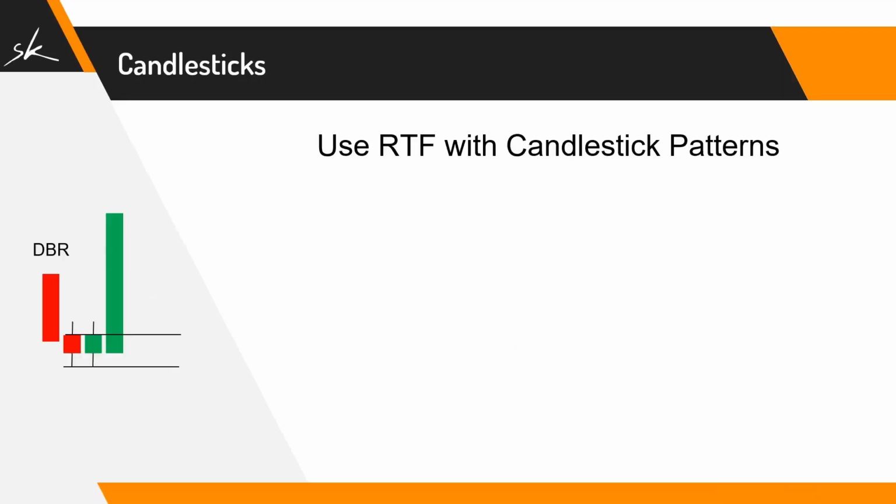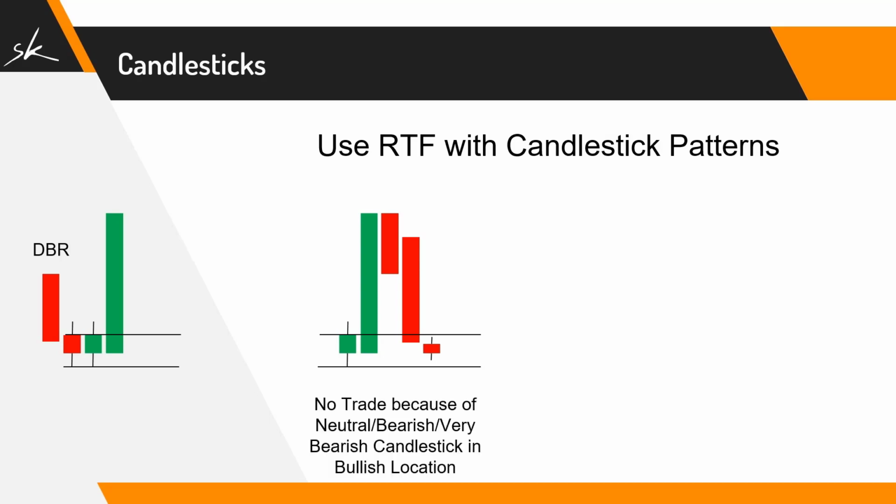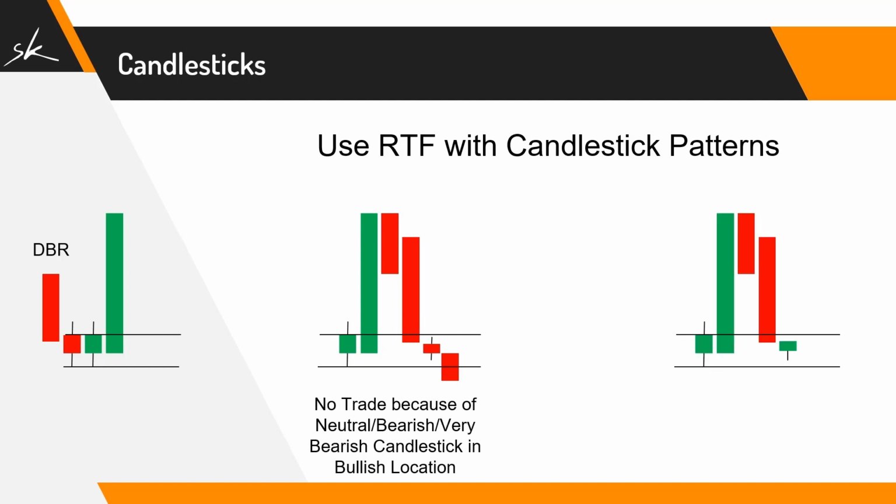In case of a demand zone for type 2 and type 3 entries, we wait for the prices to retrace to the zone. Once the prices are inside of the zone, we will use the refining time frame for precision based entry. In case a neutral, bearish or a very bearish candle forms inside the zone, we will not take the trade. A bullish or a very bullish candle will be a signal for us to take the type 2 or type